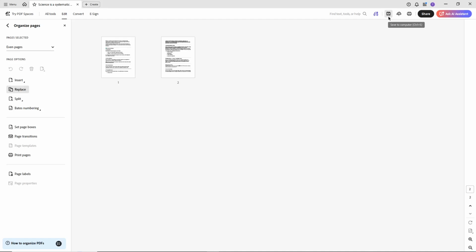And there you have it. You've successfully replaced a page in your PDF document using Adobe Acrobat Pro DC, keeping your file up to date without starting from